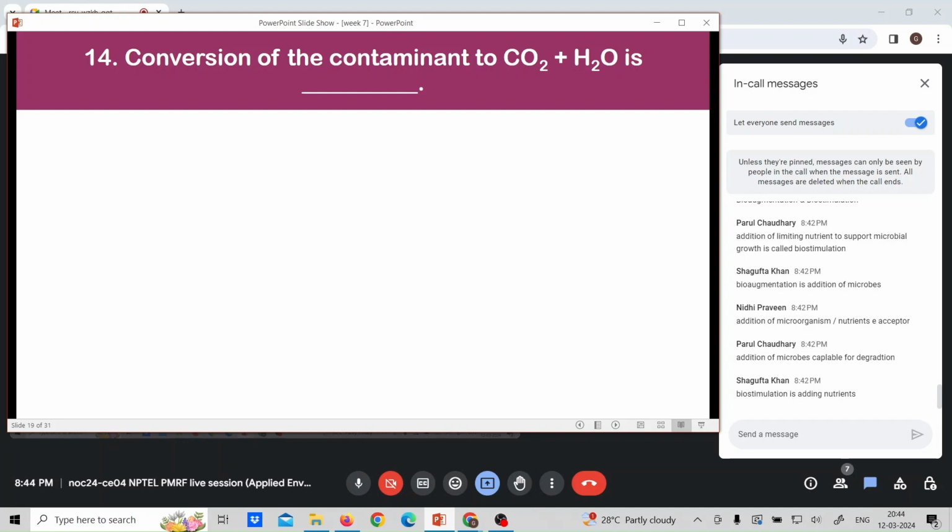When the contaminant is converted to carbon dioxide and water, the complete process is known as